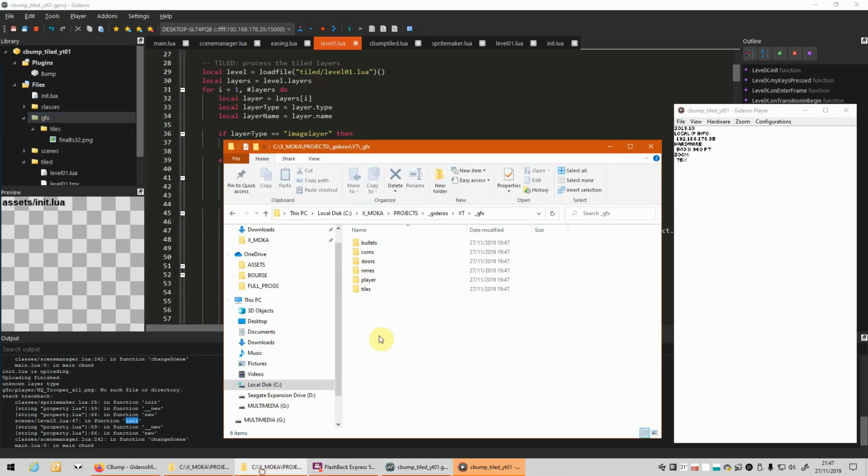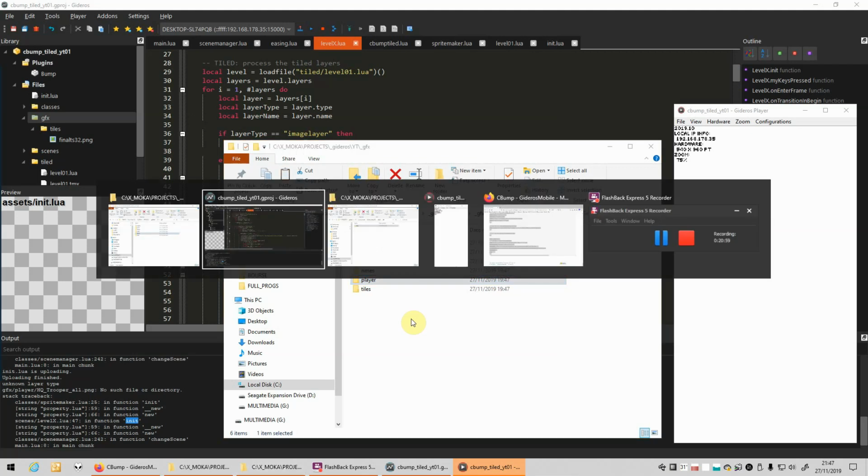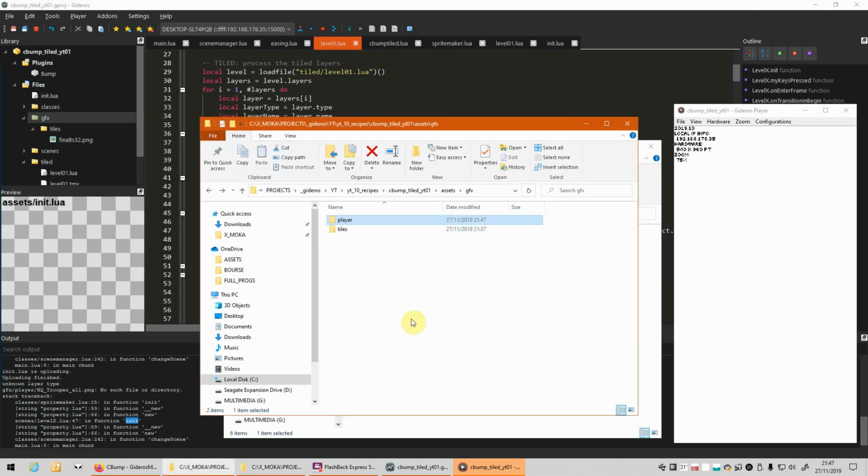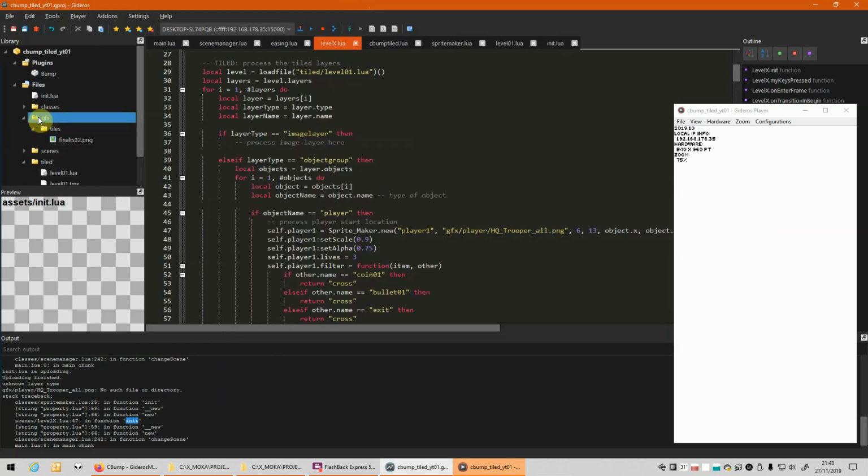But let's see, enemies player. So player HQ Trooper. I'm copying the file with the player graphics. Refresh. So I've got now my player, GFX player, HQ Trooper all. So that's a tile set with different animations.